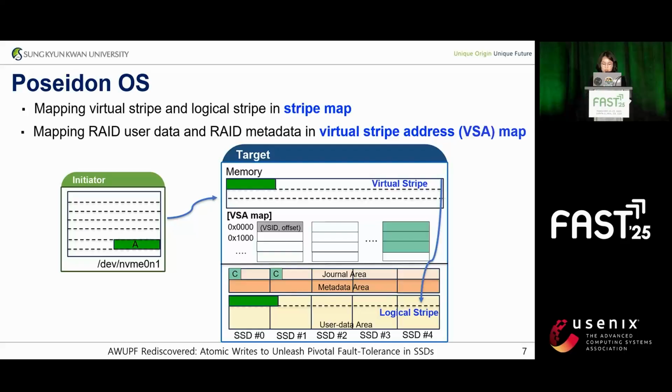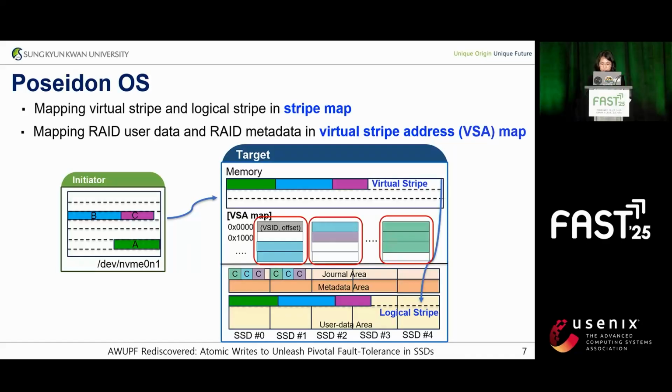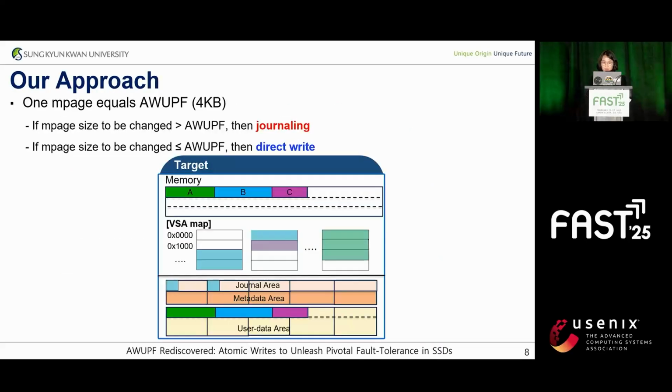The same process is followed for data B and C. Finally, when the journal area becomes full, a checkpoint is triggered. At this point, since we have updated 3 metadata pages, referred to as M pages, these M pages are checkpointed and written to the metadata area to ensure consistency and durability. In Poseidon OS, one M page is equal to AWUPF,